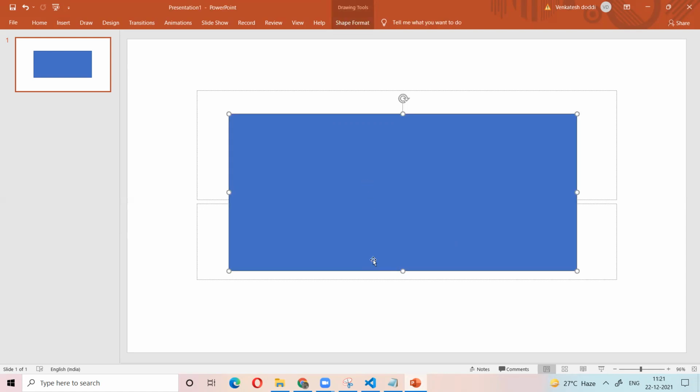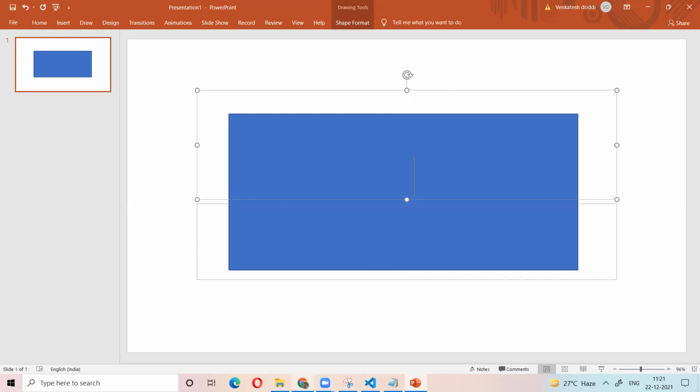For example, think of our memory as a box. If you are putting something in the box, that means you are storing some value in that box. So those are the variables. For that box, we need to give some name. That is called the variable name.